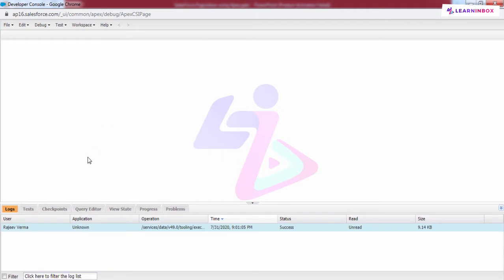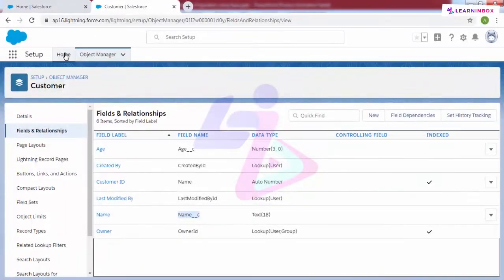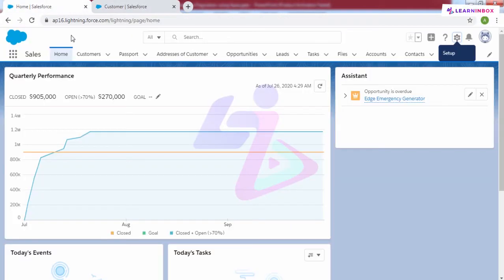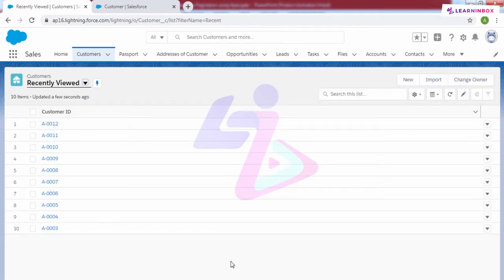So it has executed successfully without any error. Let me now check whether these records are added onto my customers or not. See, earlier there were no customers here, and here total 10 records are added.